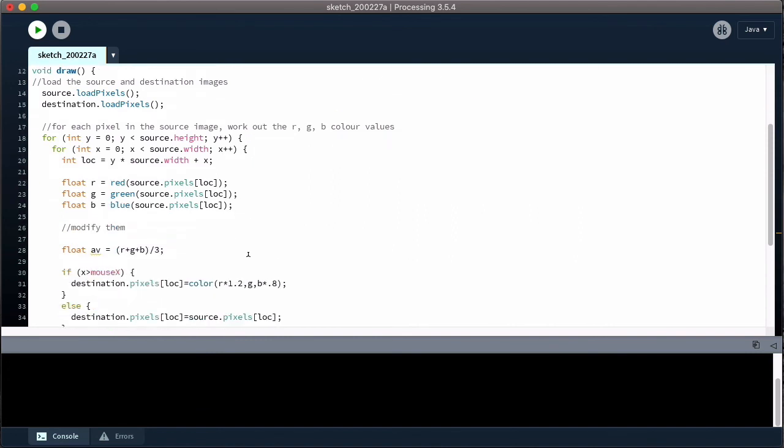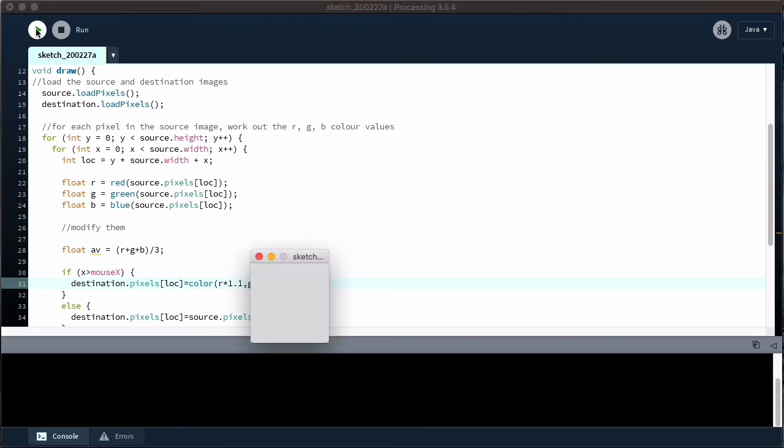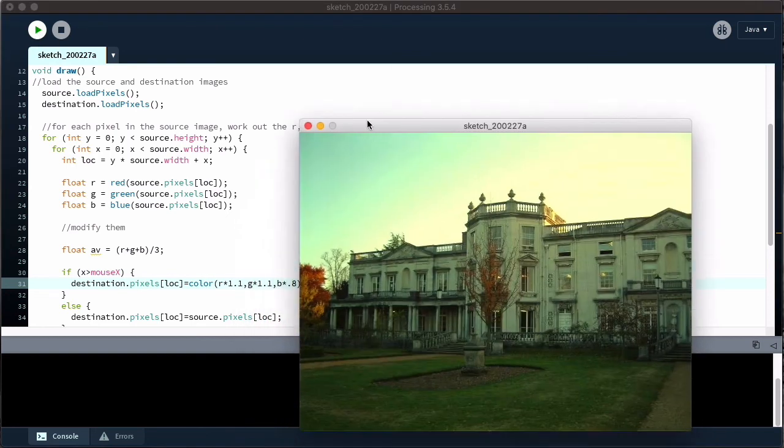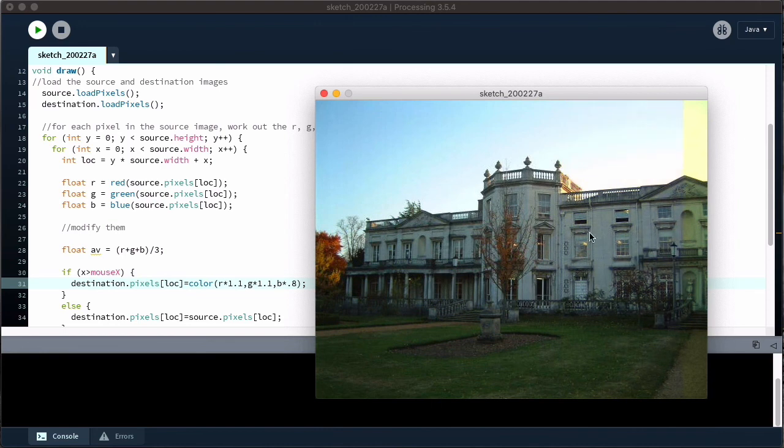Oh, I didn't like that version, did you? So let's see if we take that 1.1, green times 1.1, blue times 0.8, see whether that's any better. Let's have a look at what we get there. No, I don't think as it is, actually. It's definitely different from where we started, but I don't think that's really